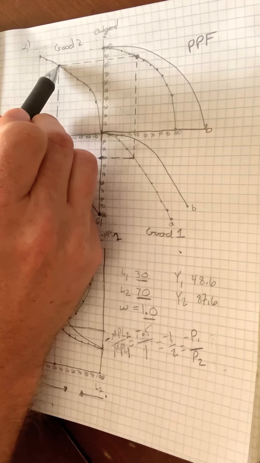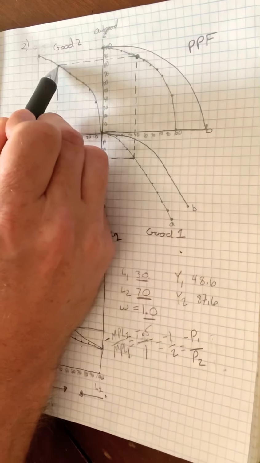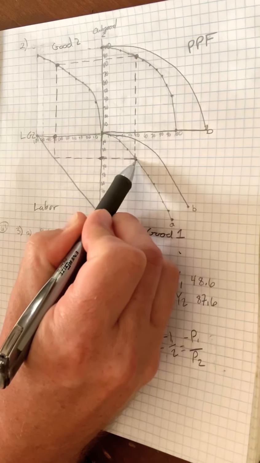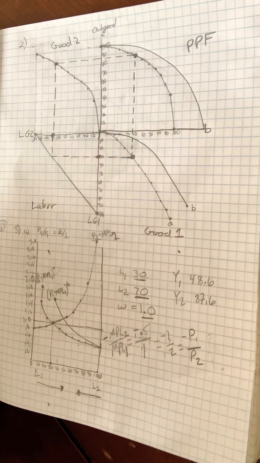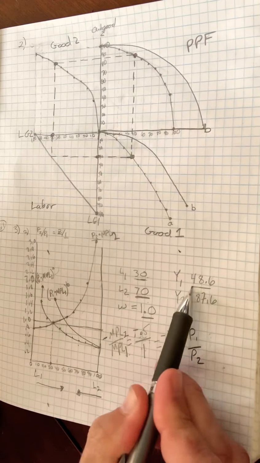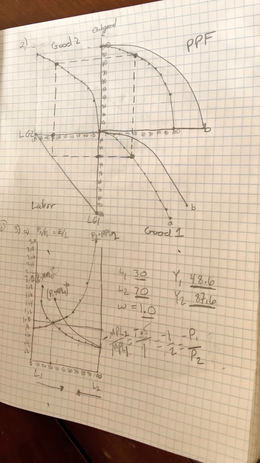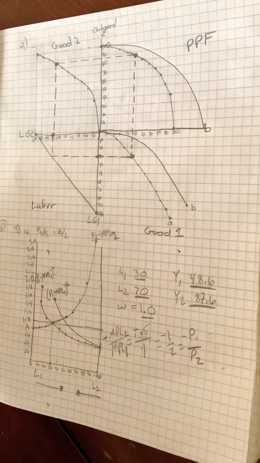So then we come up to the point there. This is the output for good 2. And then at 30, this is the output for good 1, which is 48.6 for good 1 and 87.6 for good 2. Okay, then we want to determine that the slope of the production possibility frontier at that point equals